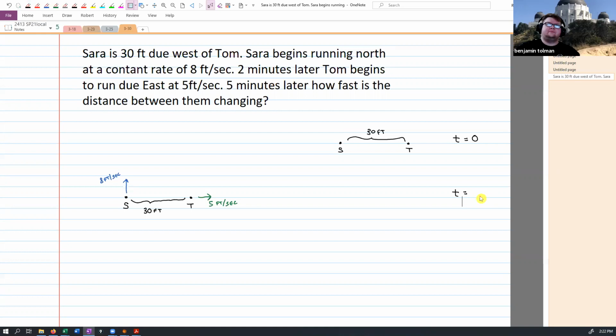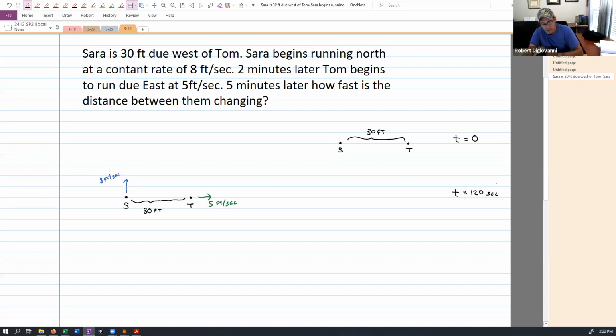Minutes. 120 seconds. So we have to pay attention to the units in the problem. If everything is in feet and seconds, then we need to make sure our time is in seconds too. So 120 seconds later,